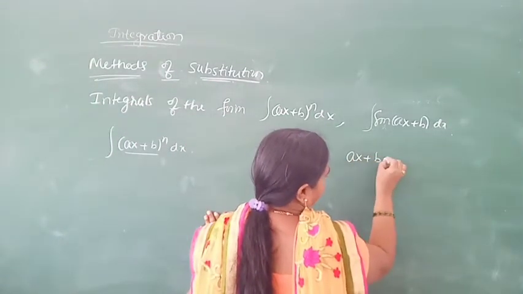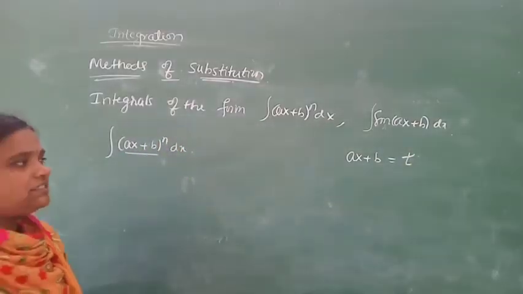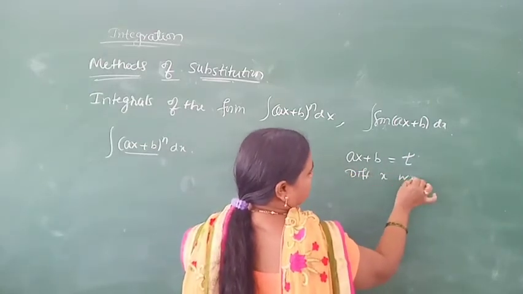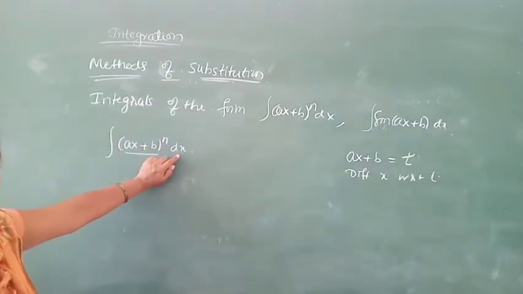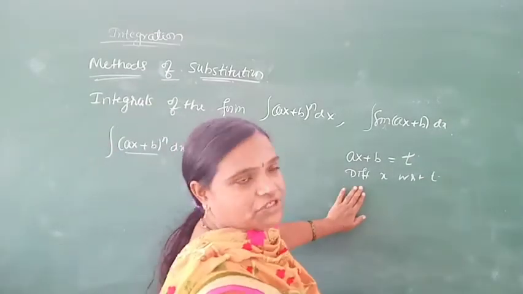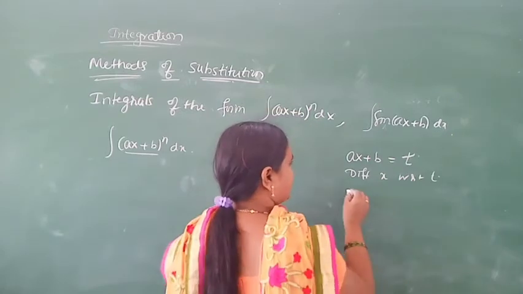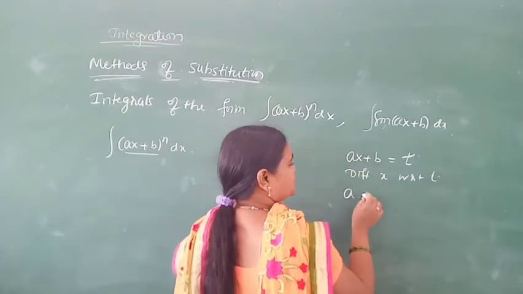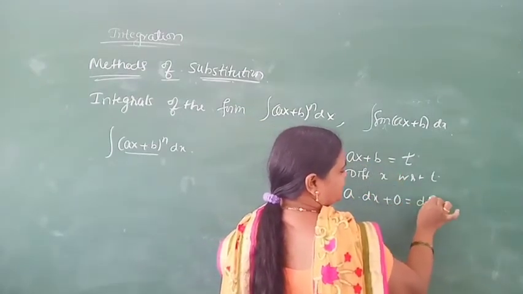We are taking it by using the method of substitution. Consider that ax plus b is t. What we are taking? Ax plus b as t. Do the differentiation. Differentiate with respect to t. Correct? Because your function is x and it is given in the form of dx. Therefore, what we are doing here is differentiation of x with respect to t. Then a as it is, and differentiation of x is dx, and constant b is 0, and this is dt.